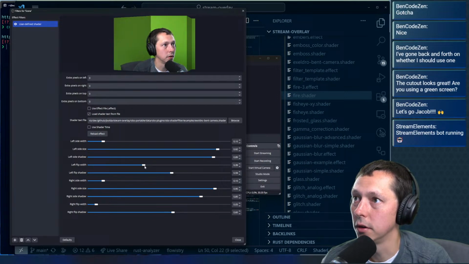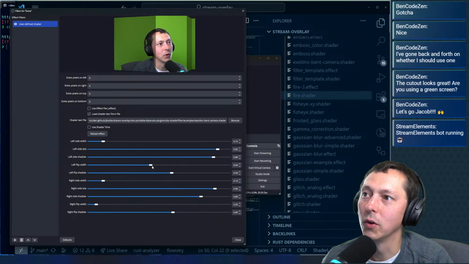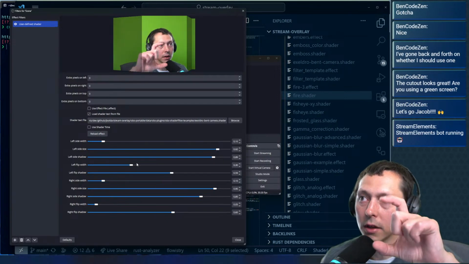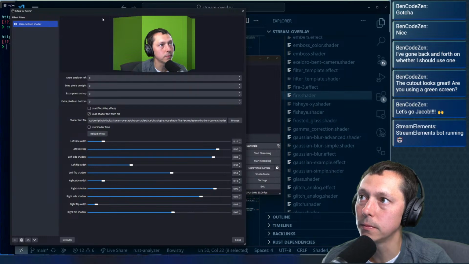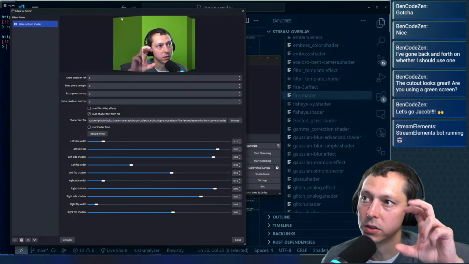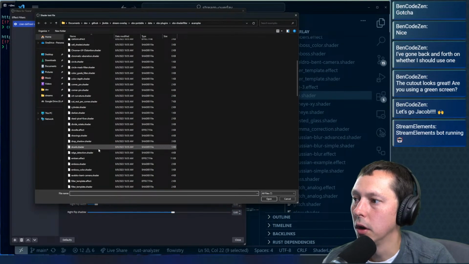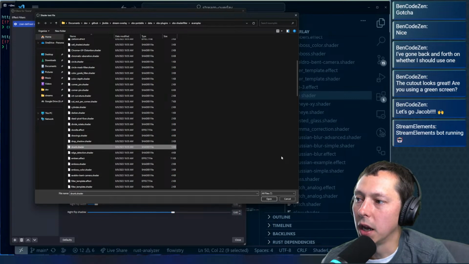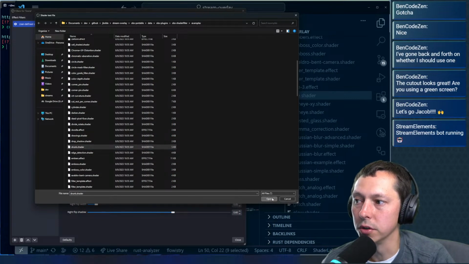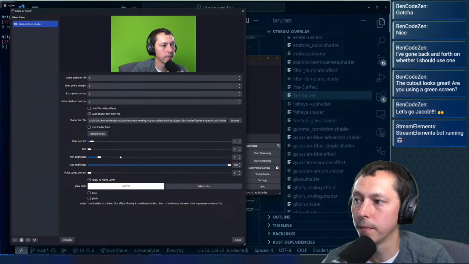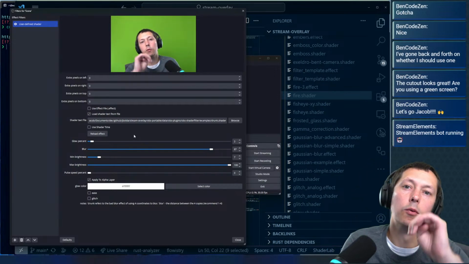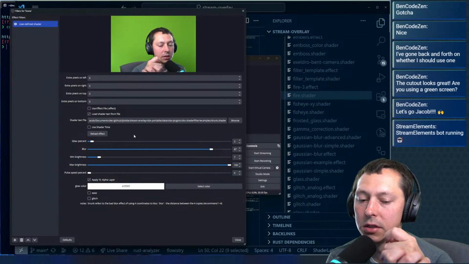So what it's doing is it makes the frame shorter and then puts a shadow. And I think that's one of the neat things about shaders. This doesn't seem to be doing much. One of the neat things about shaders is